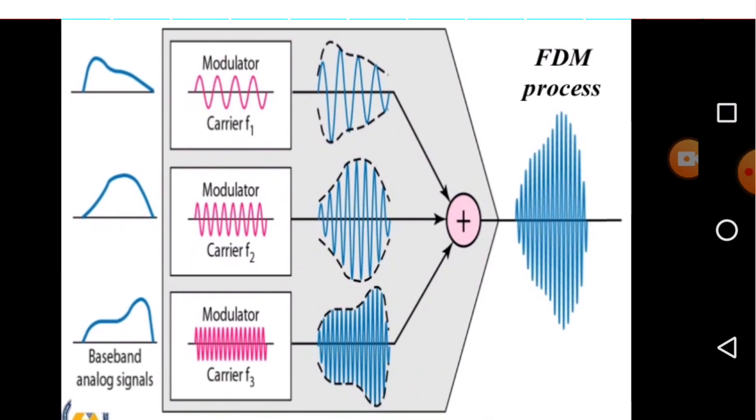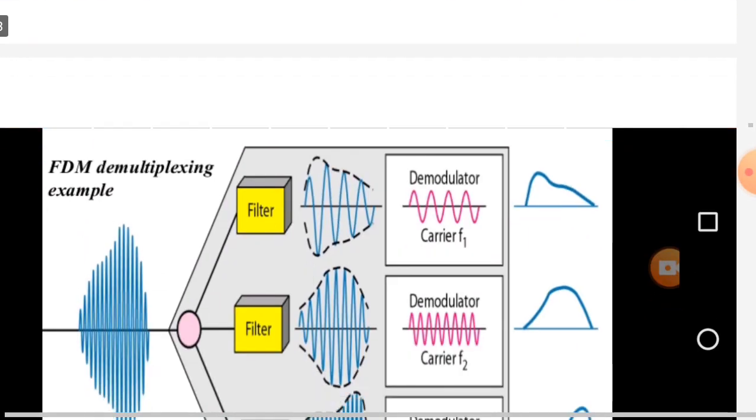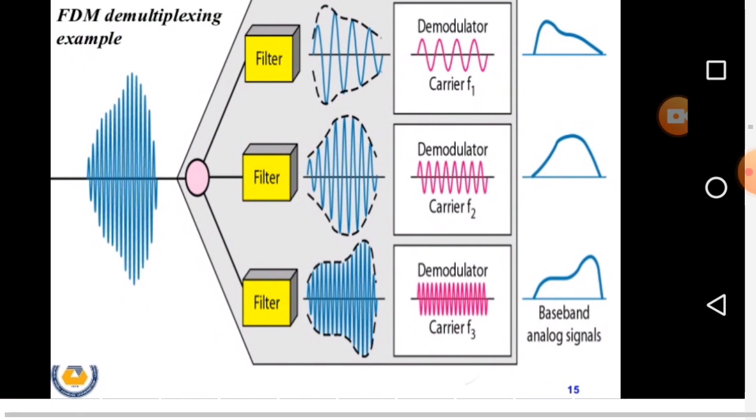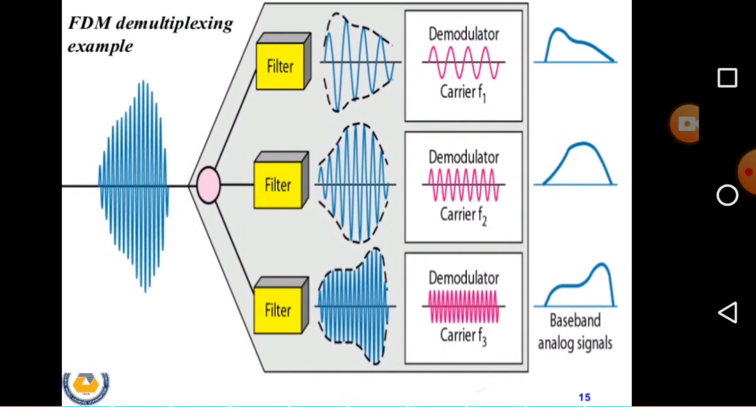Here is how the carrier signal is mixed with baseband analog signals to produce the modulated signal. Again, at the receiver end, the modulated signal is divided into, or made separate, carrier frequency and baseband signal, or it is extracted from the channel.